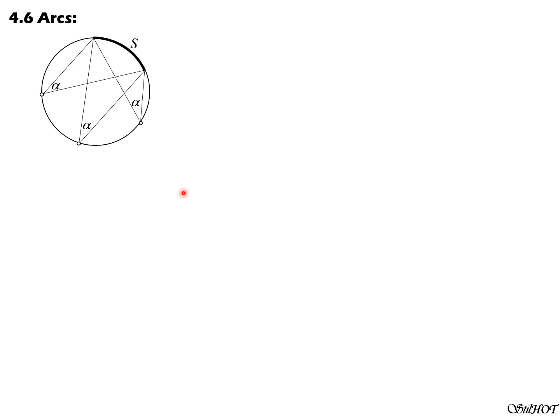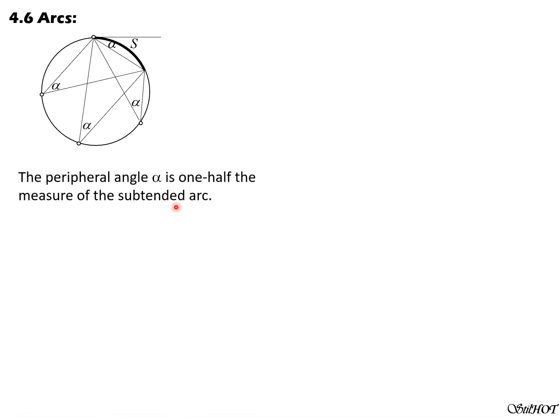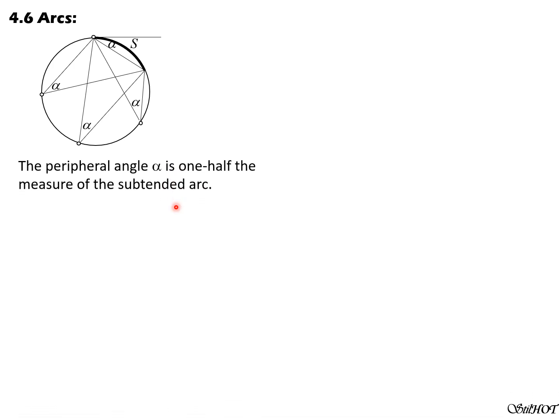We already demonstrated that the limiting position of this point would be the ends of the arc, so that one of the chords reduces to a tangent line, tangent to the point on the circle. So this is now a tangent line, and this is the other chord. That is, the measure of the angle is also alpha. So remember that the peripheral angle is 1/2 the measure of the subtended arc, or it is 1/2 the measure of the corresponding central angle.